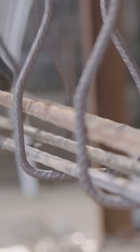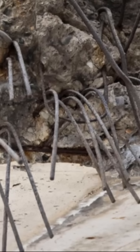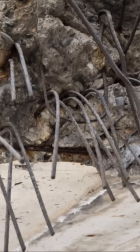Now let's add rebar to that beam. We place the steel rebar rods near the bottom surface of the beam, where the tension is going to be greatest. When the load is applied and the beam starts to bend, the concrete on the top still handles the compression